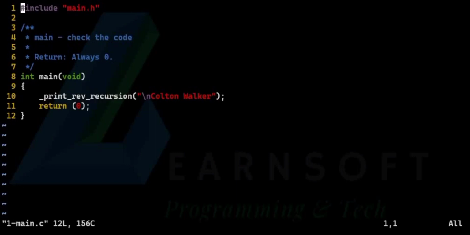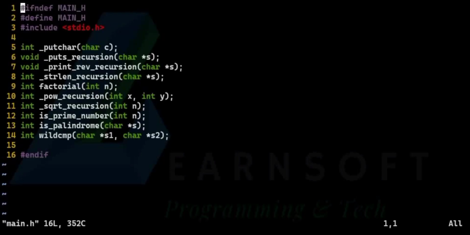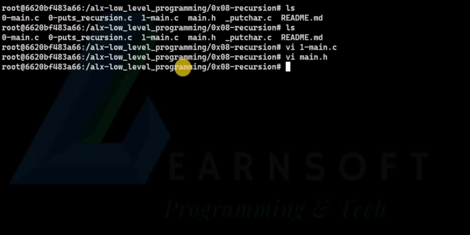So we have our main.h header. In our main.h header, we have our function prototype, which prints a string in reverse. Now we are going to create a file that prints a string in reverse. So we say